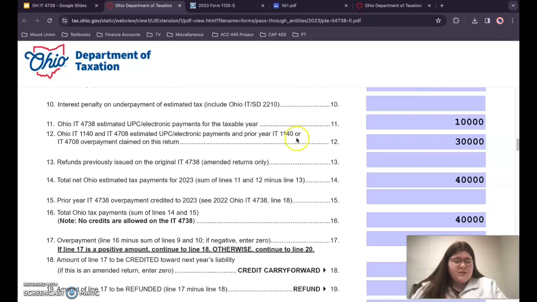For the purposes of this presentation, I have just filled out this payment section. So here on line 11, let's argue that they had originally planned to make 4 estimated tax payments of $10,000, and at the beginning of 2021, they thought that they were going to file the IT 4708. So that's why we have this $30,000 here, because the first 3 quarters they were under the impression that they were going to file the